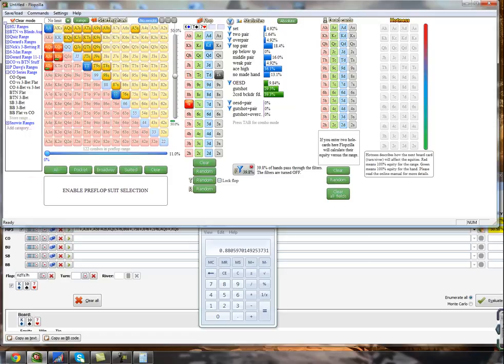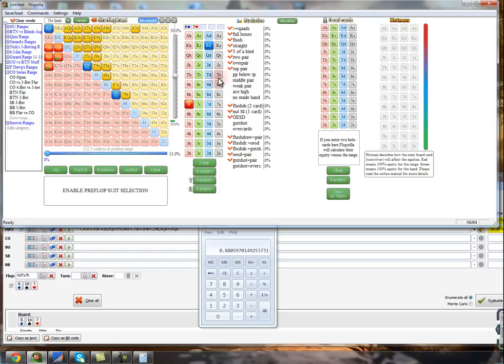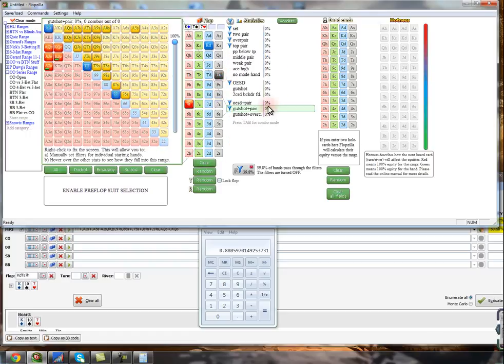So we have 16% middle pair here, whereas if we make it a 9, we have 12%. If we make it an 8, we have 7%. So a pretty drastic change in how many middle pairs there are. So that also will change the equity of each range. This will also, since this is a spot where we can defend so easily by calling in the cutoff,